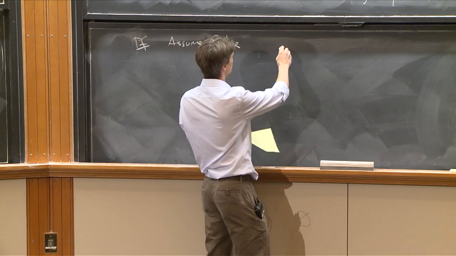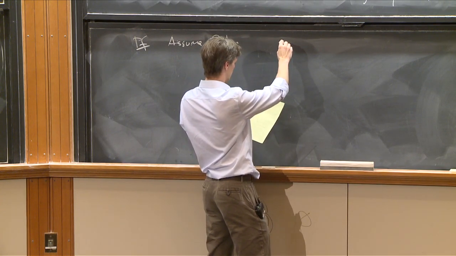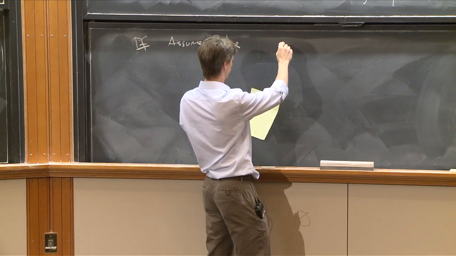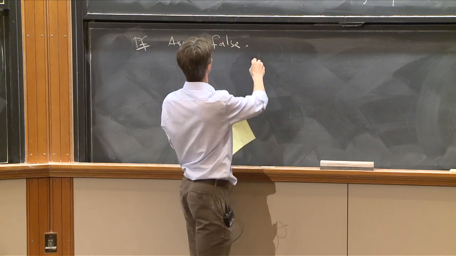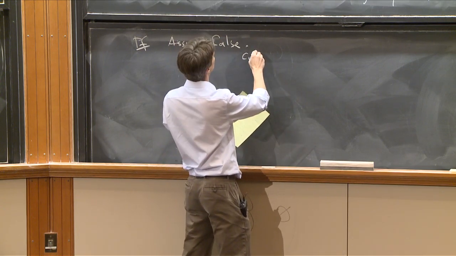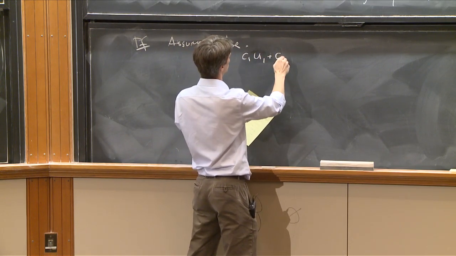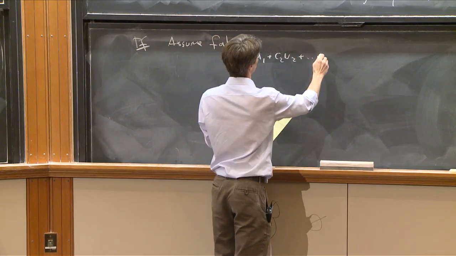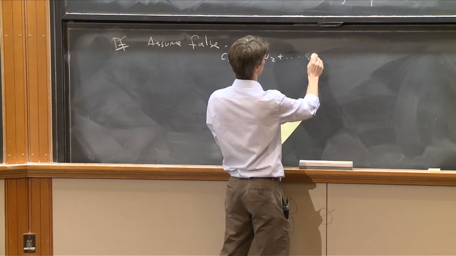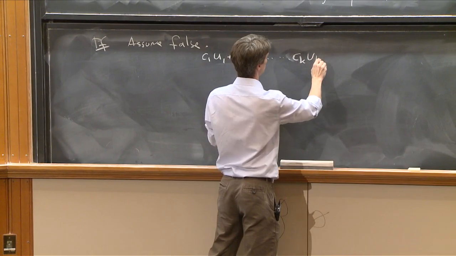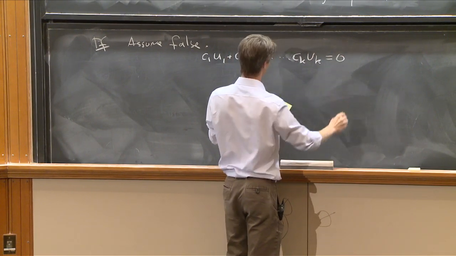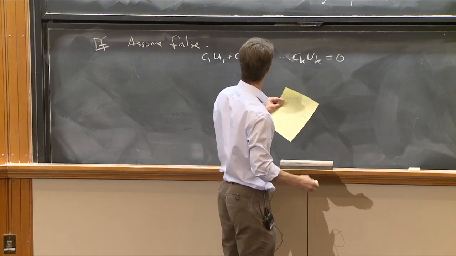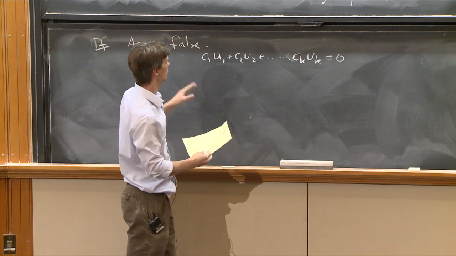I can write down some relation, C1 U1 plus C2 U2 plus ... CK UK equals 0